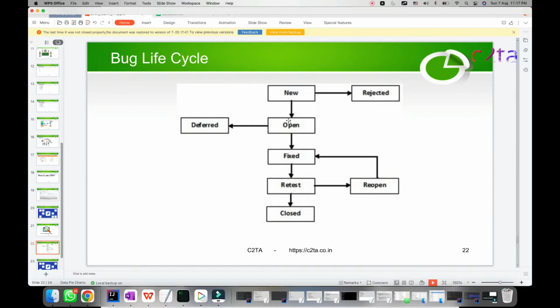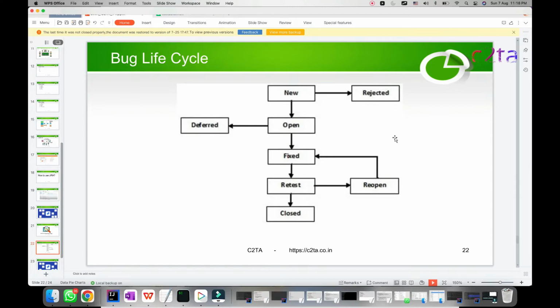Either we can create all these statuses, and then once we create a bug, first it will go to new and then open, fix it, retest, closed, or reopen. Either we can follow this structure as well, but some of the companies don't want to follow all these statuses. Instead, by default, when we open the bug, it will remain open, and when it is assigned to the developer and they start working on this defect, they put the status as in progress,